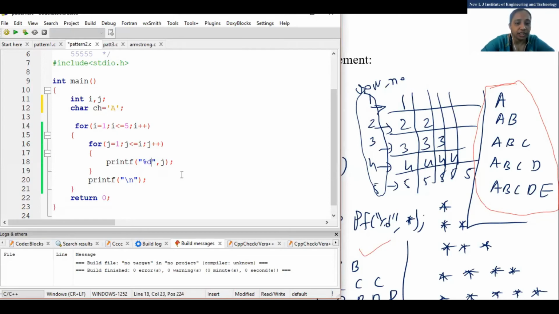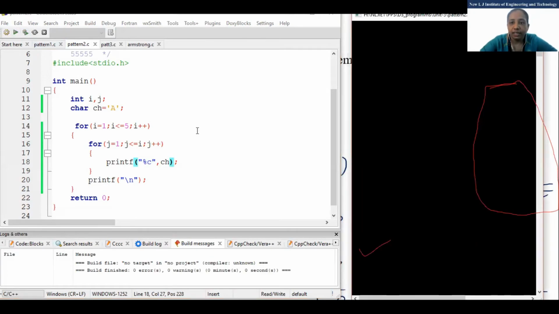So I need to print that. What changes are required here? Percentage c, and it should be ch, right? Instead of i and j, I have to take another variable. Now we will see what it will print. You can see that it will print A all the way.